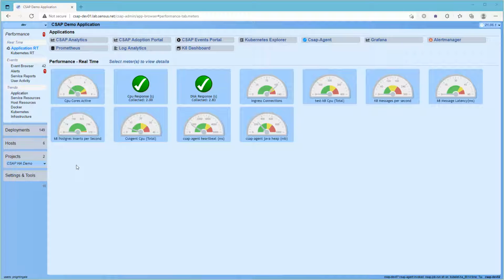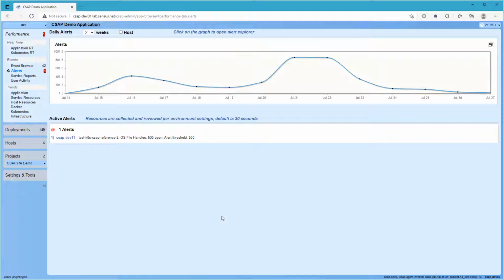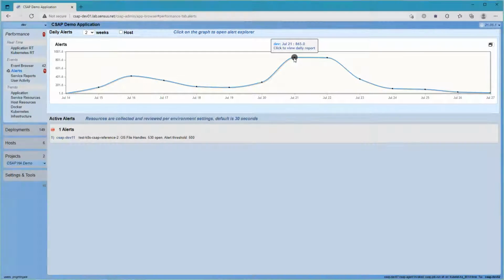The Performance tab highlights any active service alerts. The Alerts view displays any active alerts along with alert history. Alert history is useful for tracking down intermittent alerts. Simply select a given day